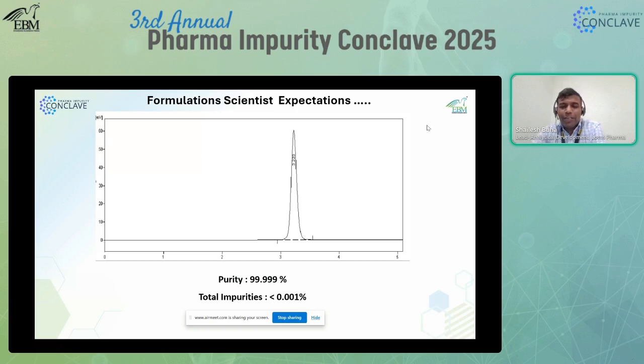than 0.001%. I know the audience, analytical people, never accept this kind of chromatogram because they know realistically what happens in day to day work. But yes, if this is the chromatogram, the formulation scientist is expecting it and is really happy with this. And not just for the formulation scientist, I would say it's a product quality matter also. But when we go realistic,